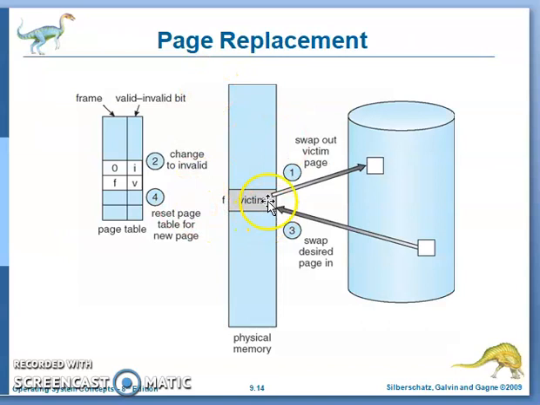Page replacement, here the victim page. First you swap out the victim page from the physical memory to the secondary memory, and you bring the required page from secondary memory into this frame, and update the page map table with V, and the previous one is changed to invalid. I indicates invalid, V indicates valid. That means F is in the physical memory, O is not in the physical memory. This is the page replacement.